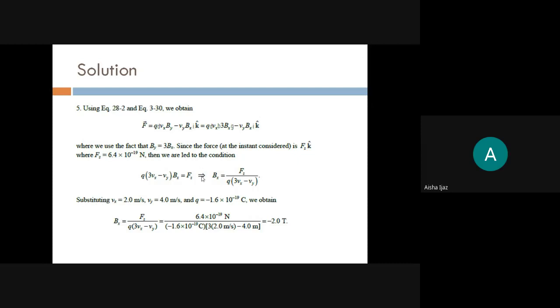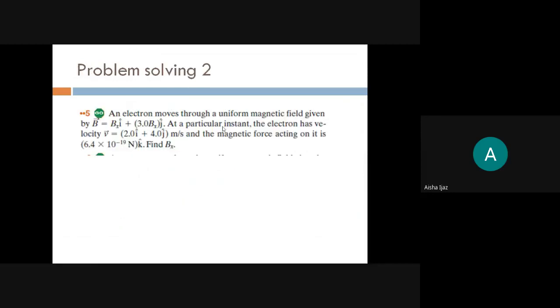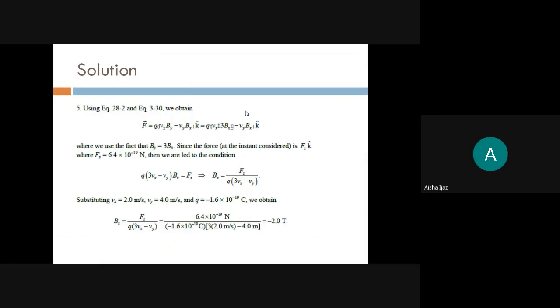This is your task now, which I'm giving you for the online question answer session, and I will ask it from you. Did you ever check it or not? So just open the cross product at your home in your copies and check whether you are getting this equation or not. And the hint I am giving you, because the steps are missing here: just write F, which is given here. The value of the force is given, 6.4 times 10 to the minus 19. So on the left side, you will have 6.4 times 10 to the minus 19 k, and on the right side, you will have the equation.